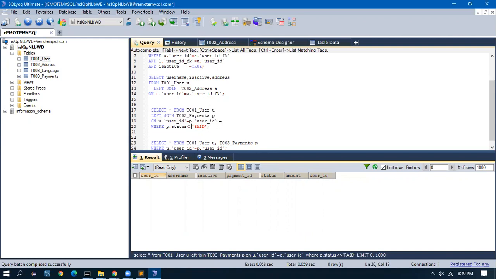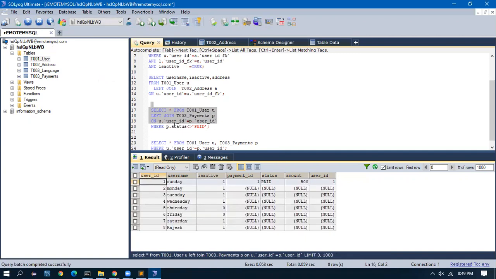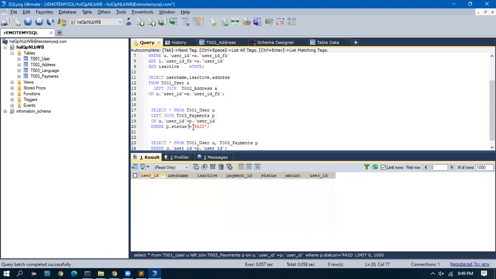Okay, but what is wrong? On this one, where p dot status is not equal to paid. Okay, this is correct only. That is correct only.